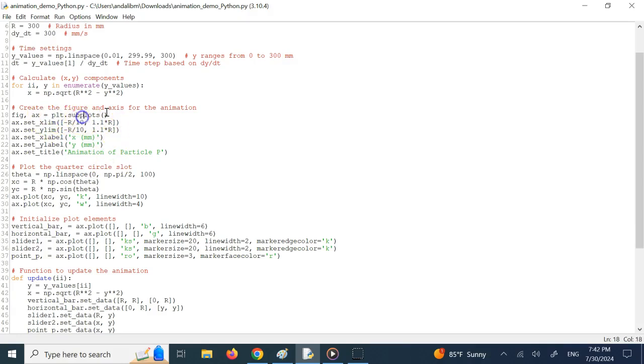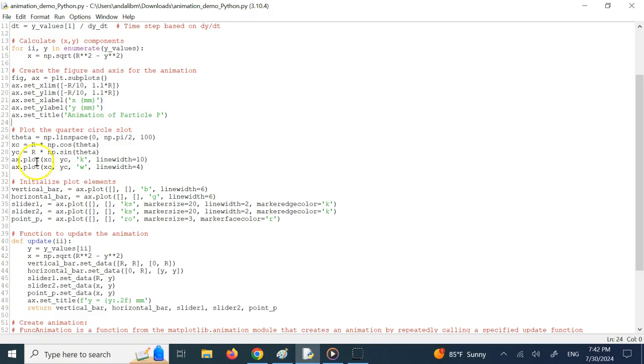So I use the plt.subplots, figure and axis, and then I use the x limit and y limit, and then x label and y label, and then title, and then we start doing the rest of the stuff. Now here